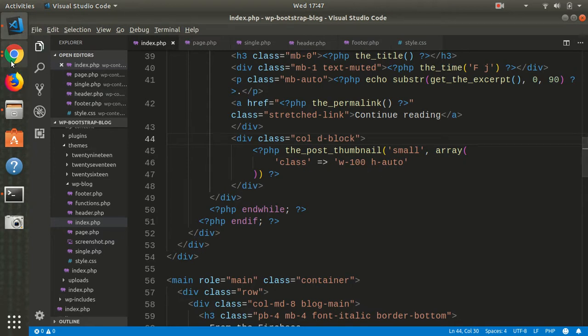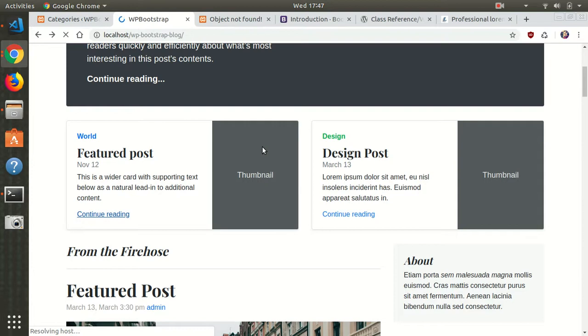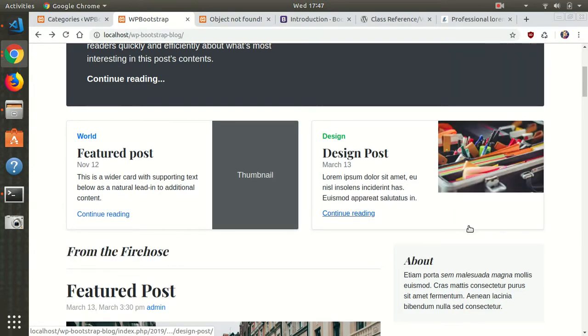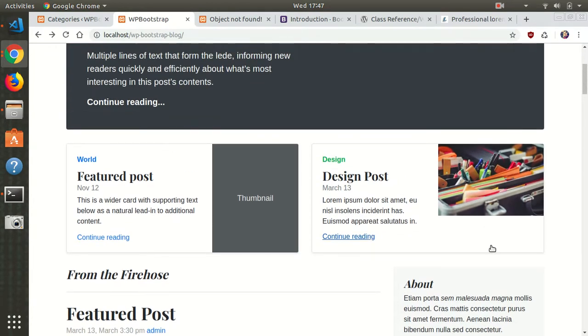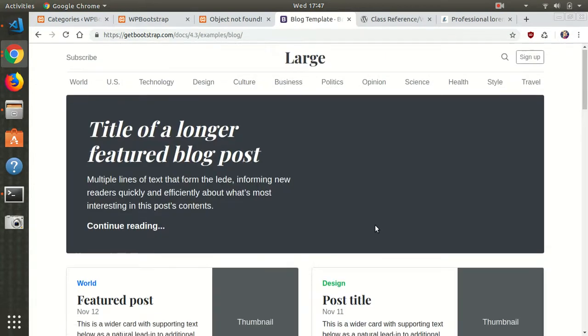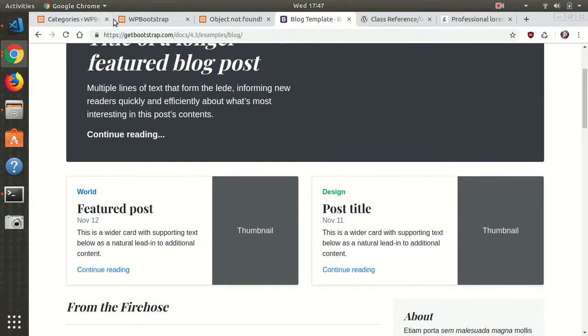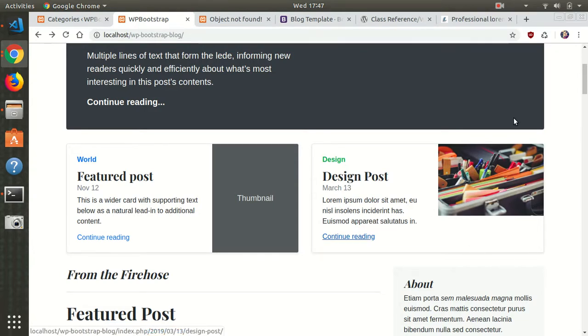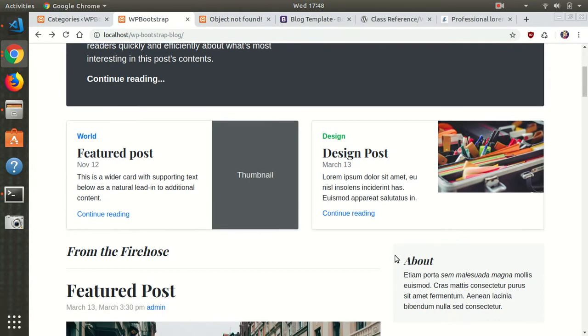Let's save, let's check it out, let's reload. Okay, we have the image of that particular post, of that design post. I think we can add some custom image size, so we can just display it like in the examples. You see that actually it's not displaying the whole image. It's just cropping the sides on the left and on the right, and we will do that maybe